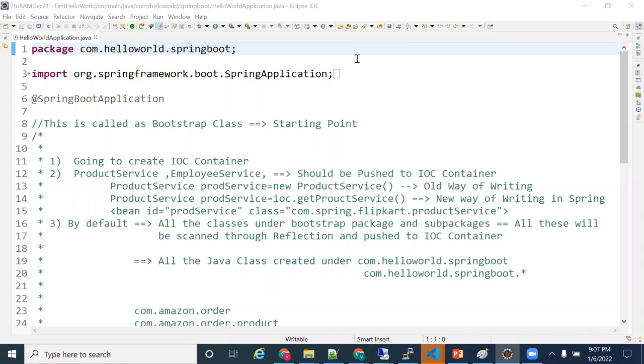Then we went to pom.xml. We wrote the necessary entries, like Spring Boot starter parent and Spring Boot starter web. After that, we were able to see the jars. Now, the next part, which I explained yesterday, is